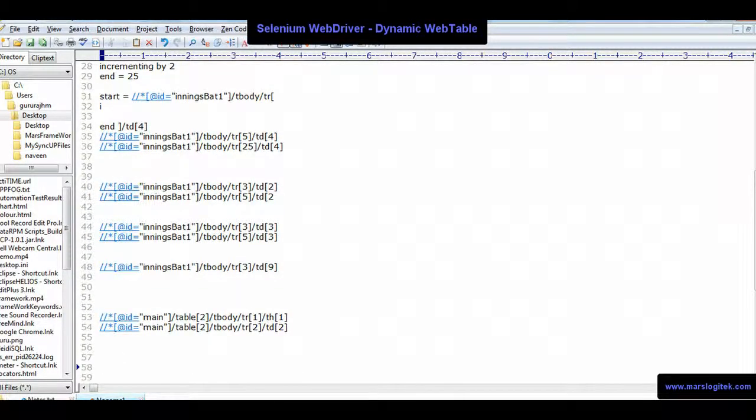So in the earlier code, you were trying to separate this data and put in logic, right? So I know very well that each row will always be in a TR tag, and the TD will be in a column tag.